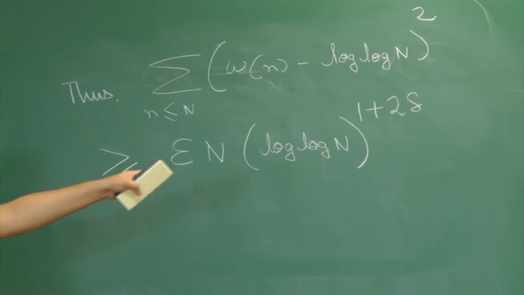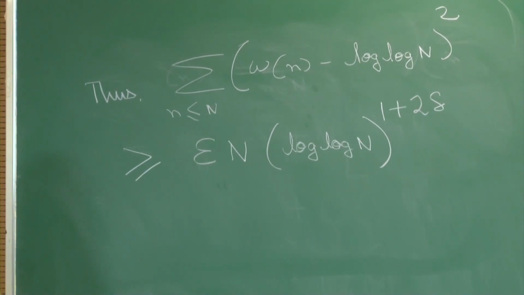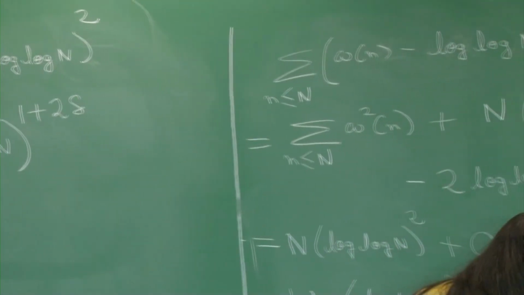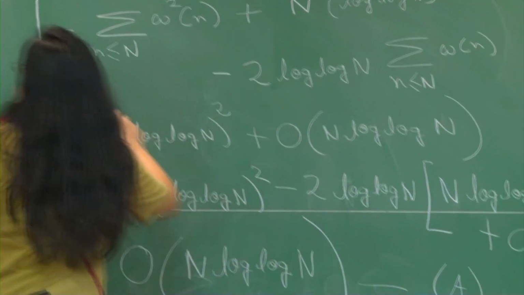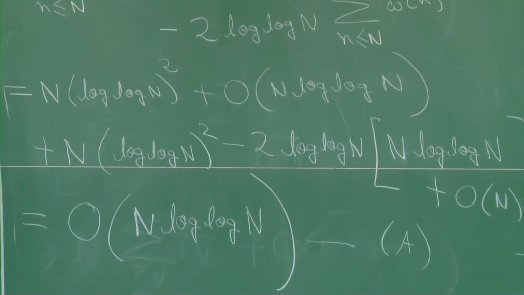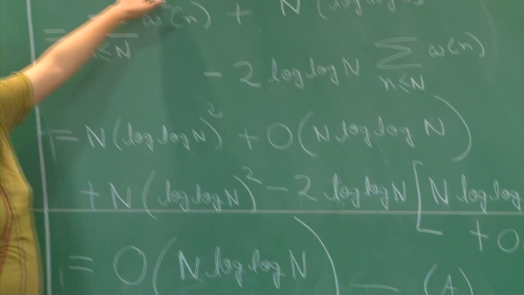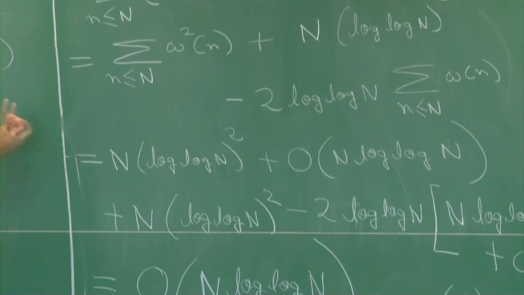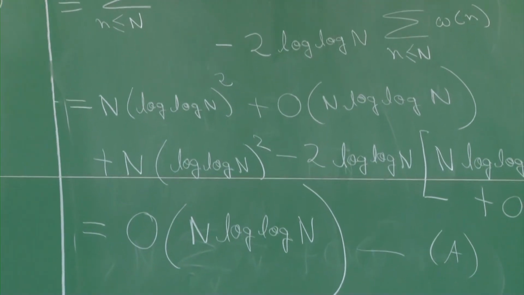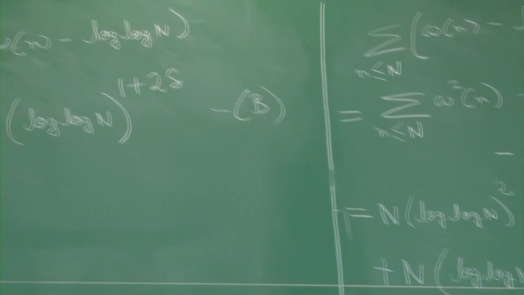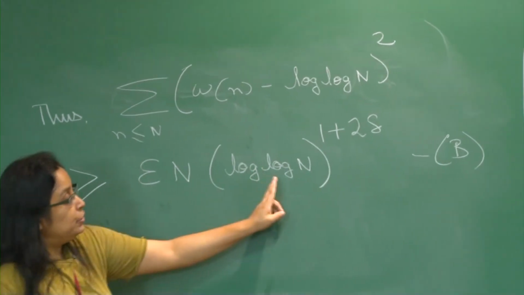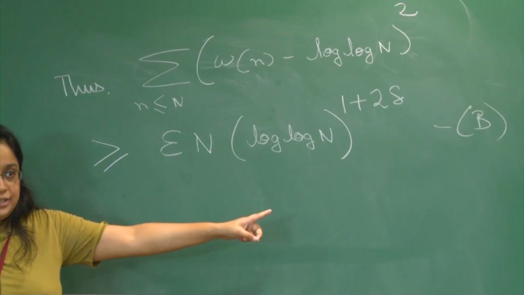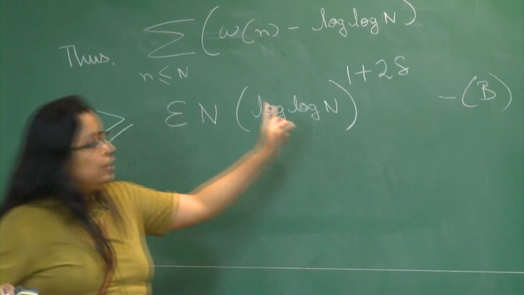And this is a contradiction to what Turan showed, because Turan showed that this sum, so let us call this A and let us call this inequality B. Turan shows that this sum is at most of the order of n to the log n, but here you are telling me that this sum is at least n raised to a power of log n, which is greater than 1. Do you see the contradiction? So, A and B contradict each other,